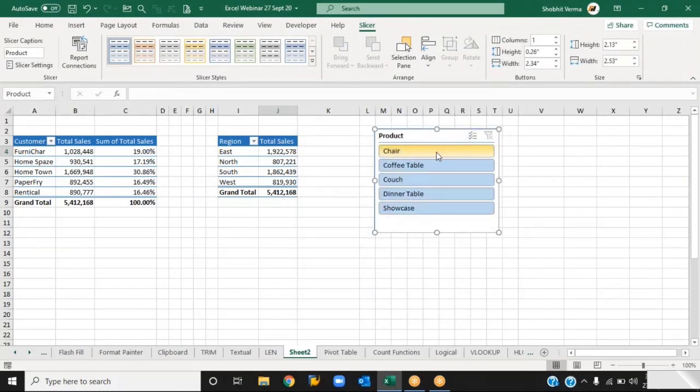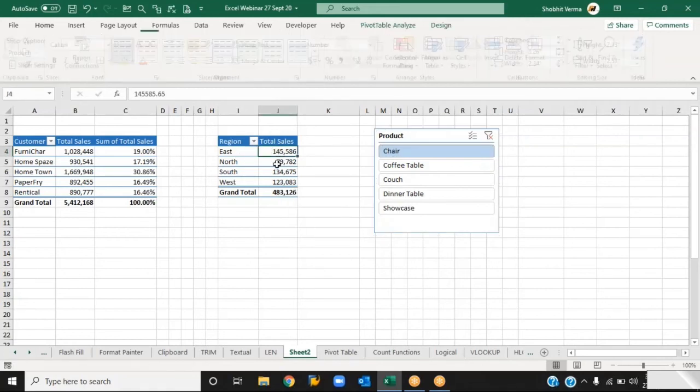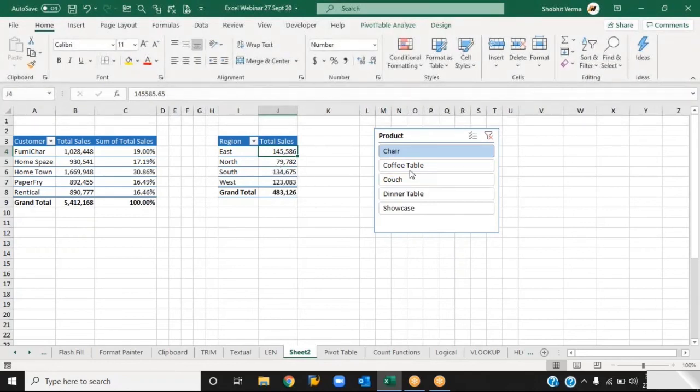If I click on this chair, it will give you for the product chair, total sale is 4,83,000, and the region-wise is this, 1,45,000, and this. If I click on coffee table, it automatically changes your pivot table. So it is a good option to use a slicer when you are going to present your data to the management. So this is the best option.